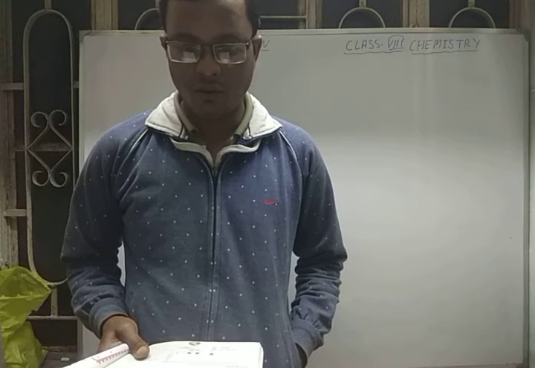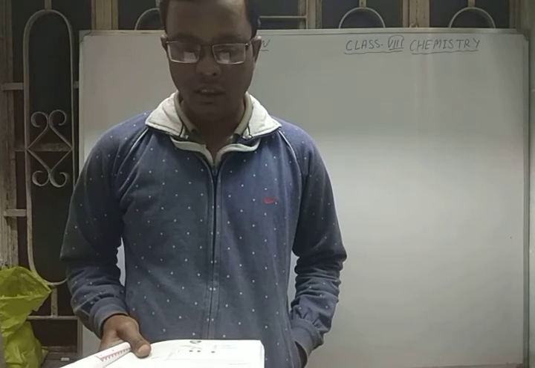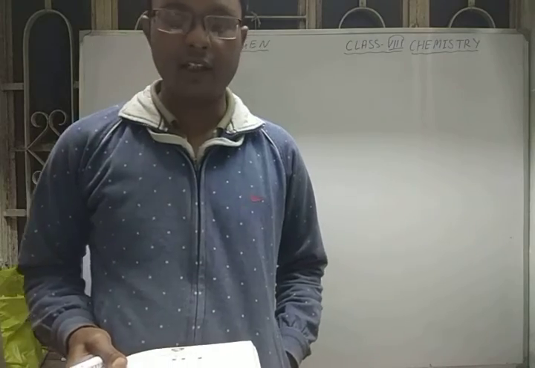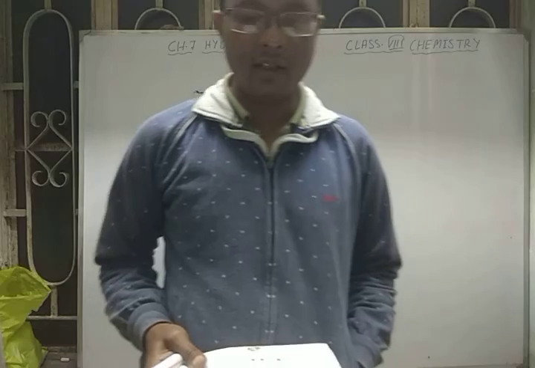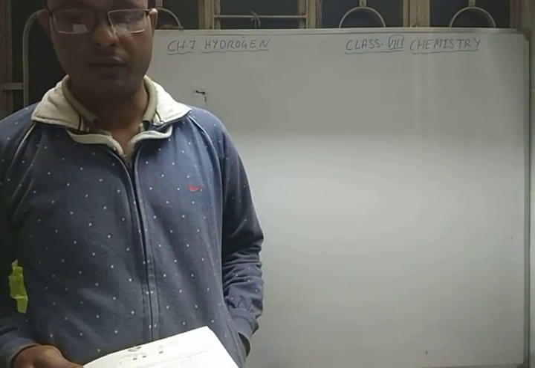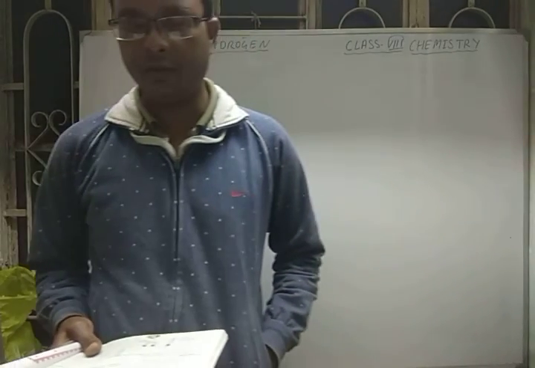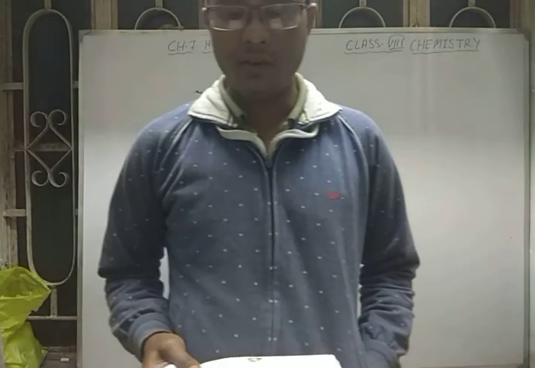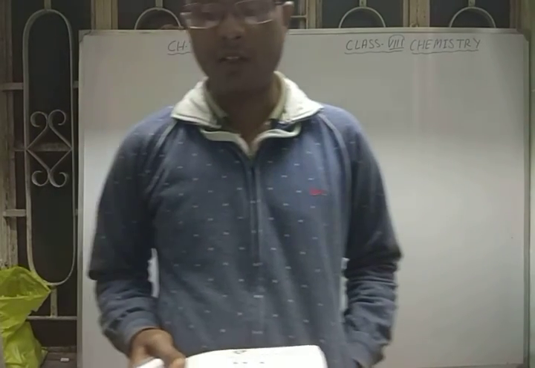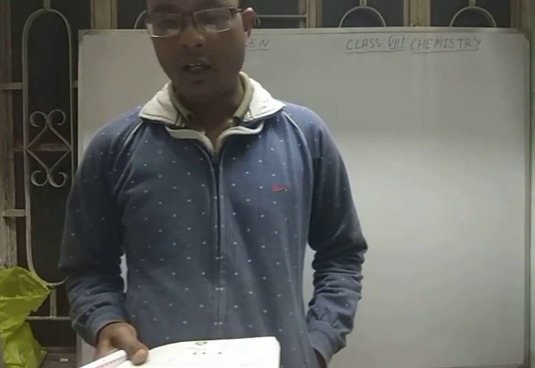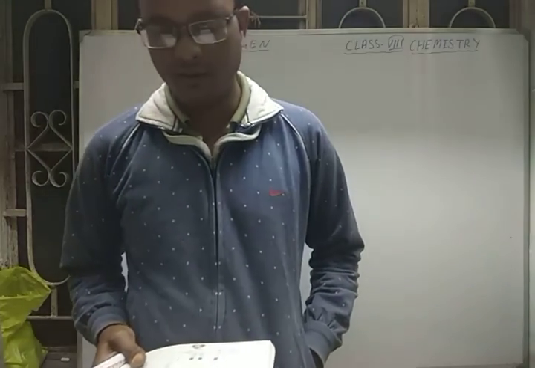Next question, Fe2O3 plus H2 gives 2 Fe plus 3 H2O. Name the oxidizing agent. Again the oxidizing agent here is Fe2O3, because ferric oxide helps hydrogen to react to form water, while hydrogen is responsible for the removal of oxygen from the ferric oxide, so it is a reducing agent. Name the process of conversion of ferric oxide to iron. Ferric oxide to iron is a reduction reaction, and the conversion of hydrogen to water is an oxidation reaction.